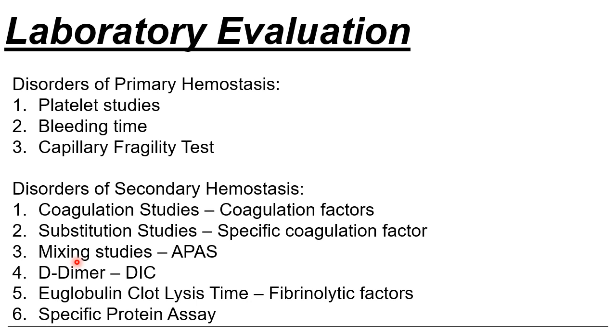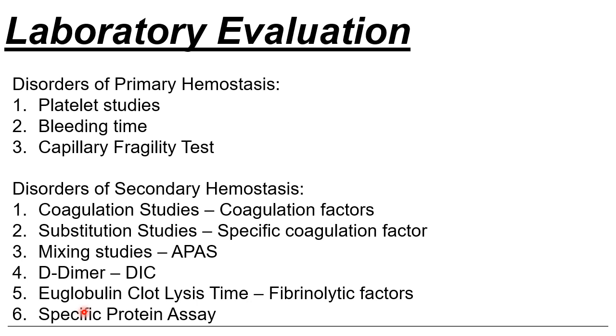The most commonly associated with thrombosis is your APAS or the antiphospholipid antibody syndrome. The D-dimer is used for DIC and to rule out venous thromboembolism. So, these are also not often requested, no? Often the evaluation is only the physical examination and history taking of the patient, because this test is very expensive.